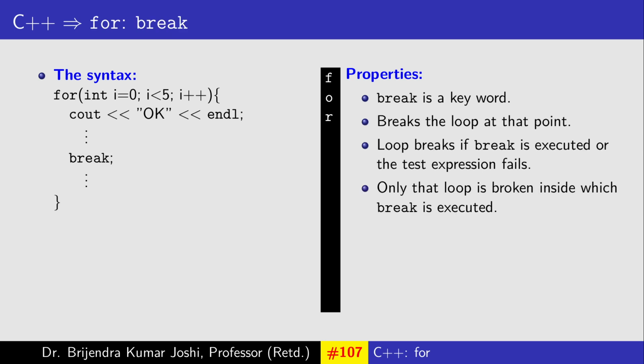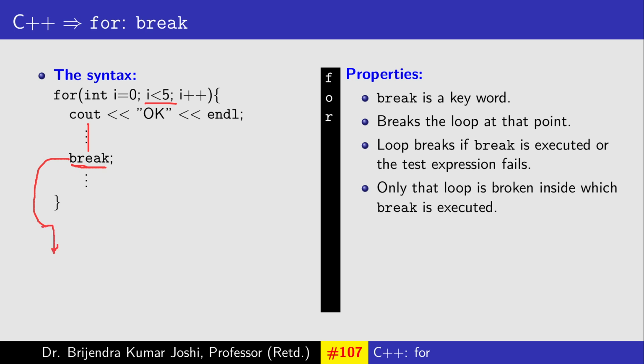Now break. Okay. So the same example I am using. But the only thing is break. So what happens is initialization done, then test expression, it is found true, it starts executing these statements, and if break is encountered, if break is executed, the loop is broken from this point itself and it comes out of the loop, out of the body. The loop terminates and the program comes out of the loop body and resumes execution of the statements